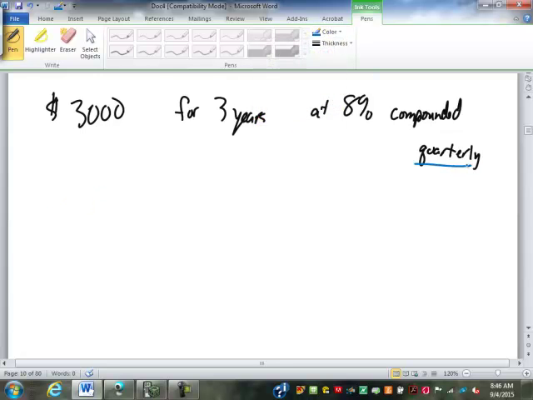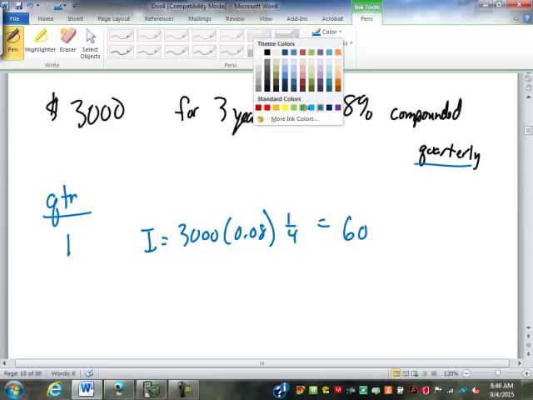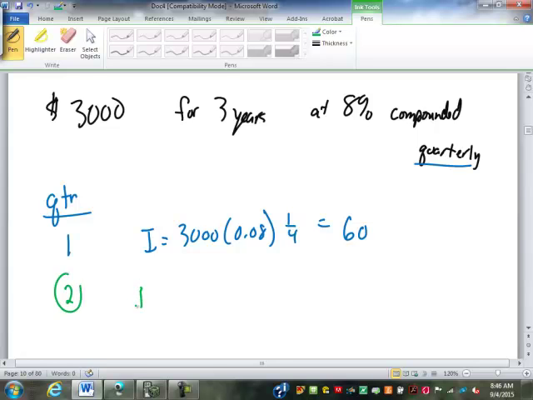Quarterly is how many times a year? 4. 1 quarter or 1/4 of a year. So let's look at this now for quarters. For the first quarter, my interest is going to be 3,000 times 0.08 times 1/4, a quarter of a year, which is going to be $60. Which means I start the second quarter with a balance of 3,060,